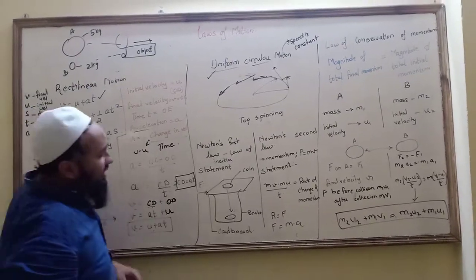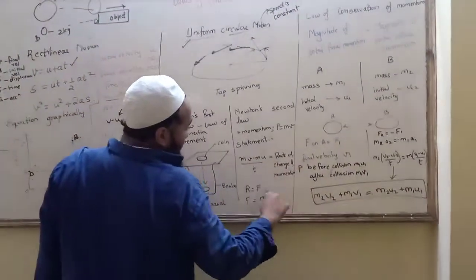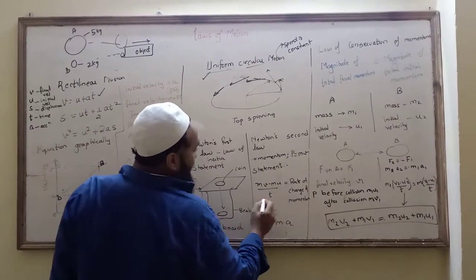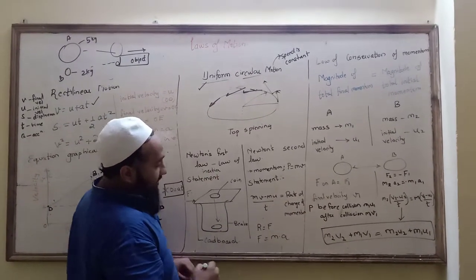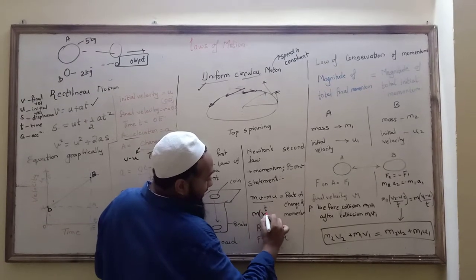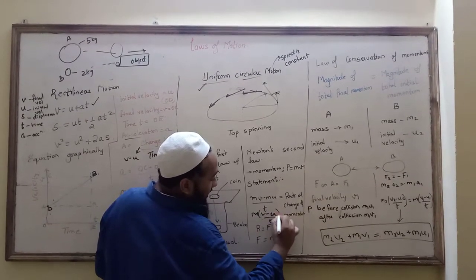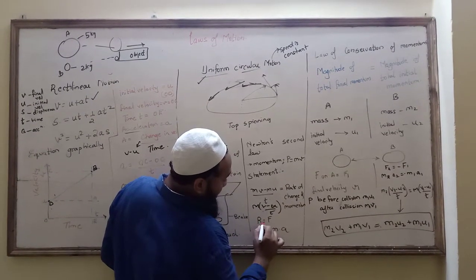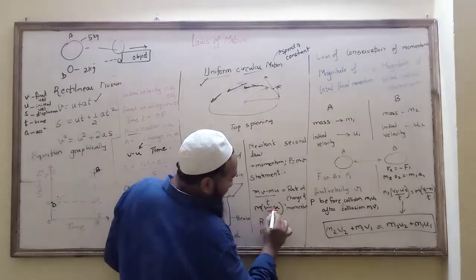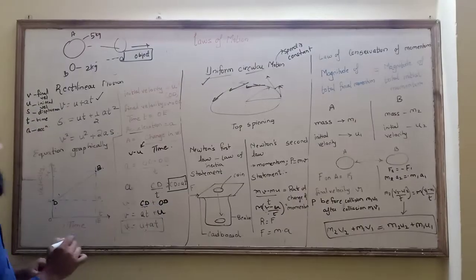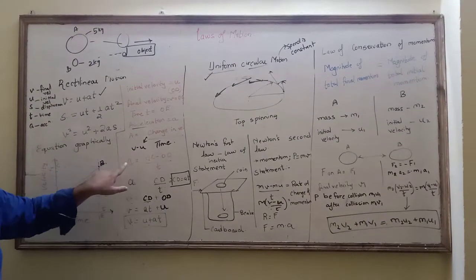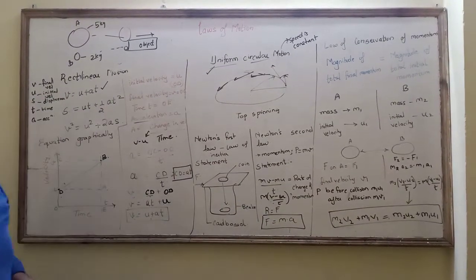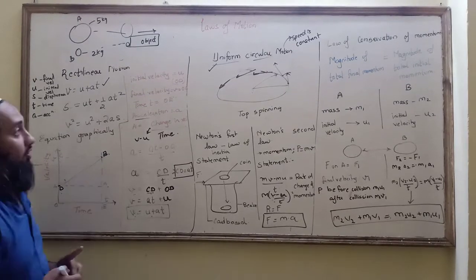Statement you can memorize, but this is the formula: (mv minus mu) upon t is equal to rate of change of momentum. Then if you consider m(v minus u) upon t is equal to the force applied, so rate of change of momentum is equal to force, and (v minus u) upon t is the change in velocity with respect to time. What is it? It is a. So F is equal to mass into acceleration. This is Newton's second law.